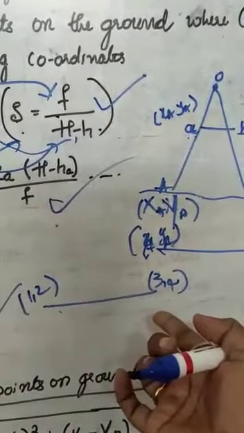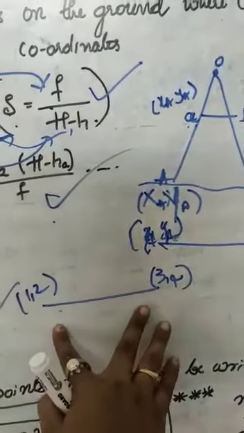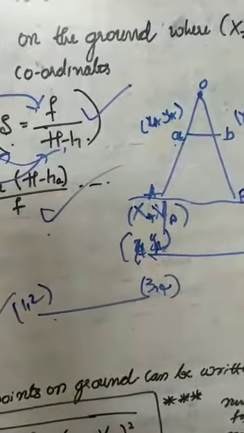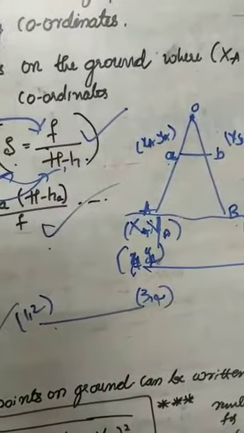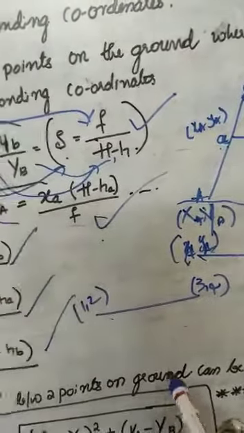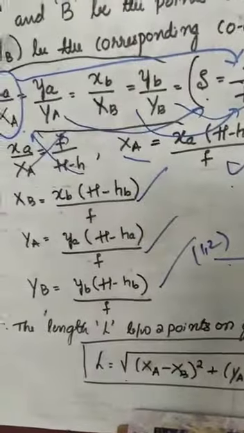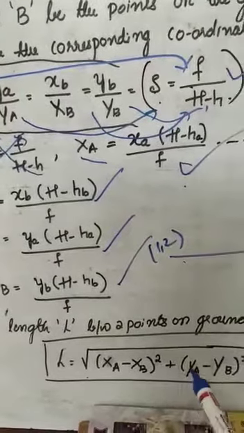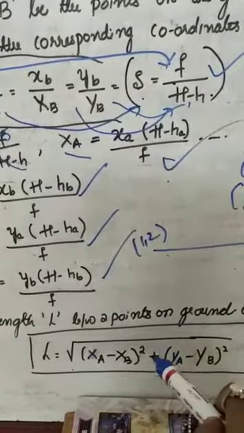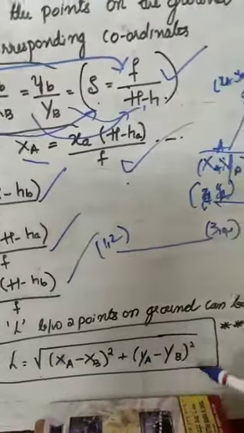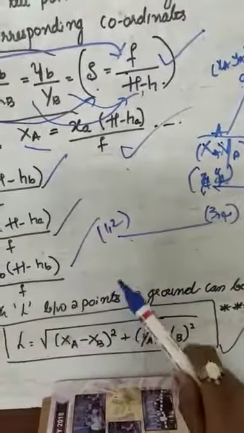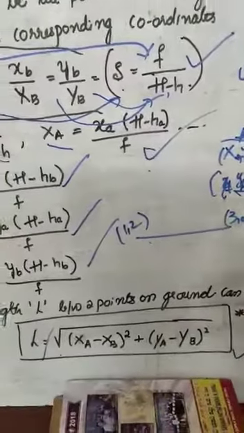As per the geometry of mathematics, you can check the distance formula, or length formula, for the line having two coordinates: it is the square root of the sum of the squares of the differences, that is, L equals the square root of (XA minus XB) the whole squared plus (YA minus YB) the whole squared. This general formula I will send you with the picture also, so that you can check. This is a general formula as per the geometry, and it is very important for the problem also. You just need to remember the formula for L.